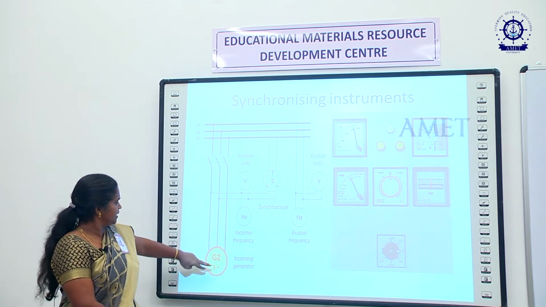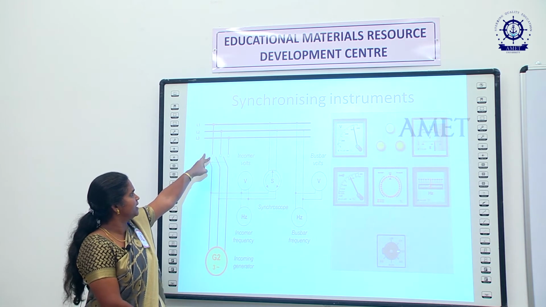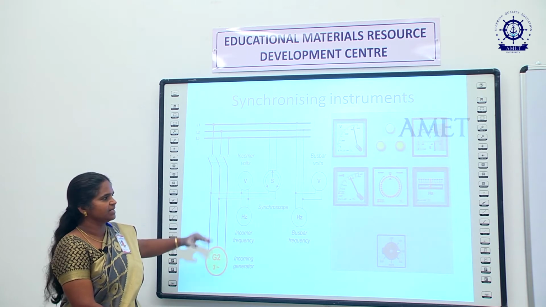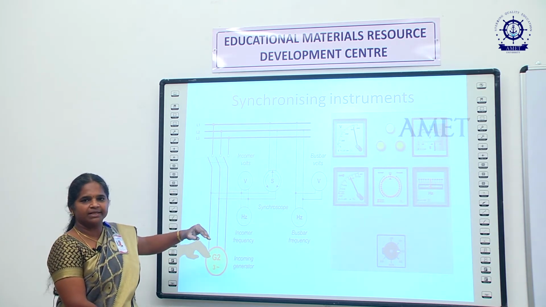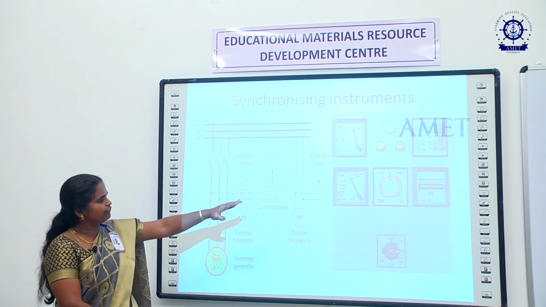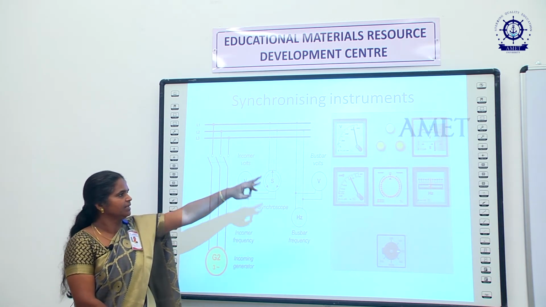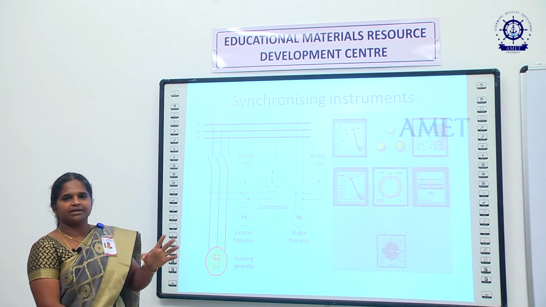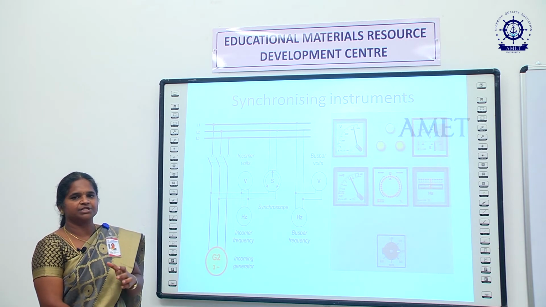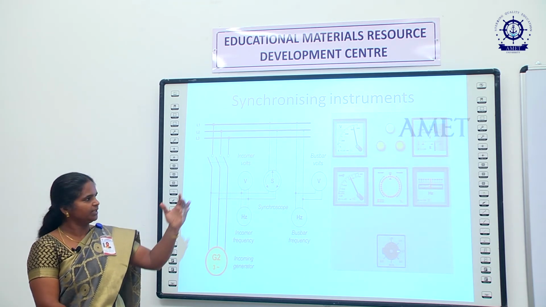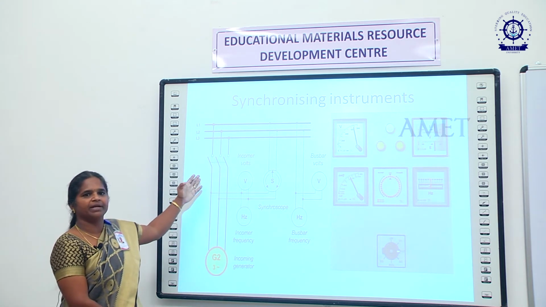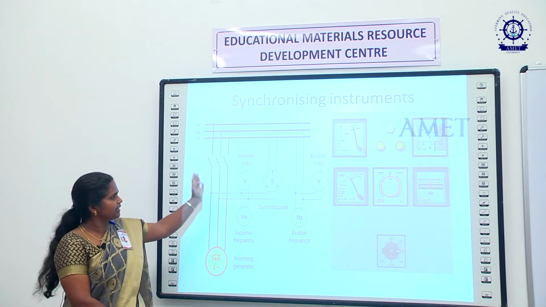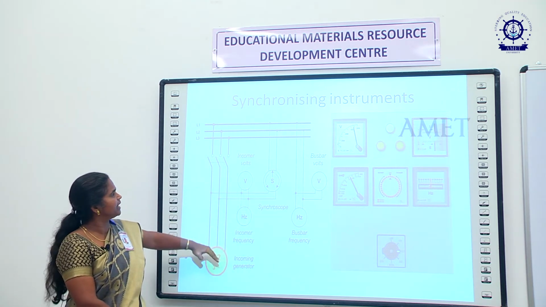Here, the incoming generator is connected to the bus bar with the help of the breakers. So, the bus bar voltage and this voltage have to be synchronized, then the frequency also has to be synchronized. Then phase and power factor, everything will be shown by these indicators. With the help of synchronoscope indicators, we can understand whether all the conditions are satisfied for parallel operation. If all the conditions are satisfied, then only the circuit breaker will be closed, and then only this incoming generator will be connected in parallel with the running generator, and also connected to the bus bar.